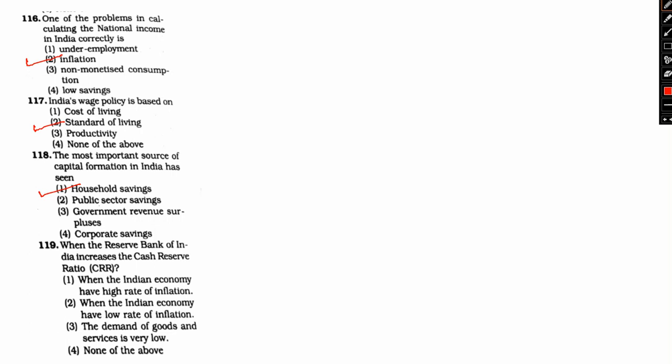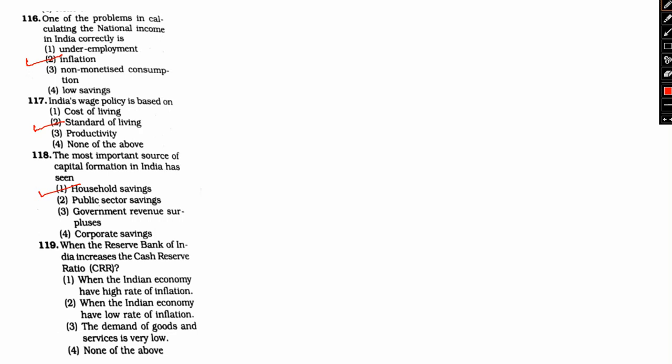Household saving corresponds to total income saved by households during a certain period of time. Savings in investment banks, stocks, market, post office schemes, company deposits, etc. are considered as financial assets or financial saving. Investment in properties, real estate, gold, silver, etc. are physical savings or physical assets. Okay, so this is all about the capital formation savings in general.